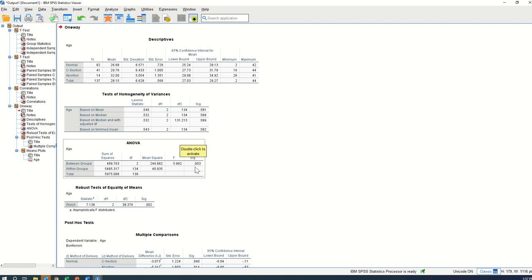And the p-value is showing statistical significance, hence there is a difference between the three groups. If the homogeneity of variance turns out to be statistically significant, then the appropriate p-value to read would be the one of the robust test, the Welch. But in our case, since the Levene's test is not significant, we